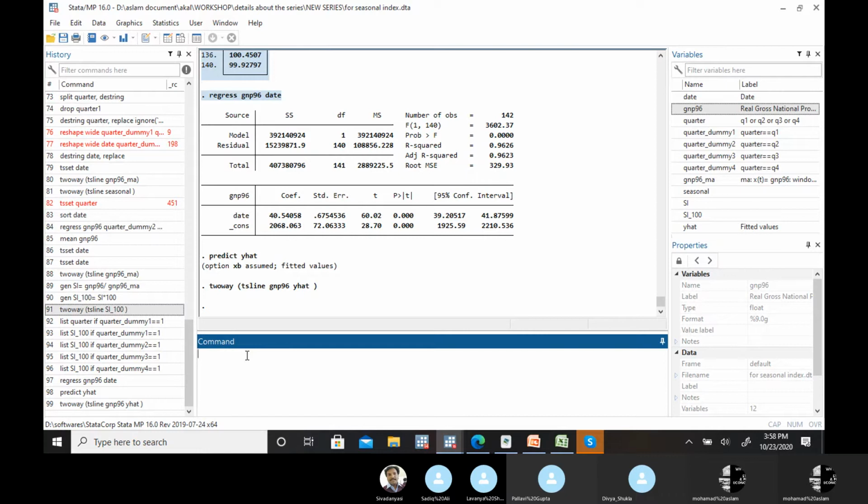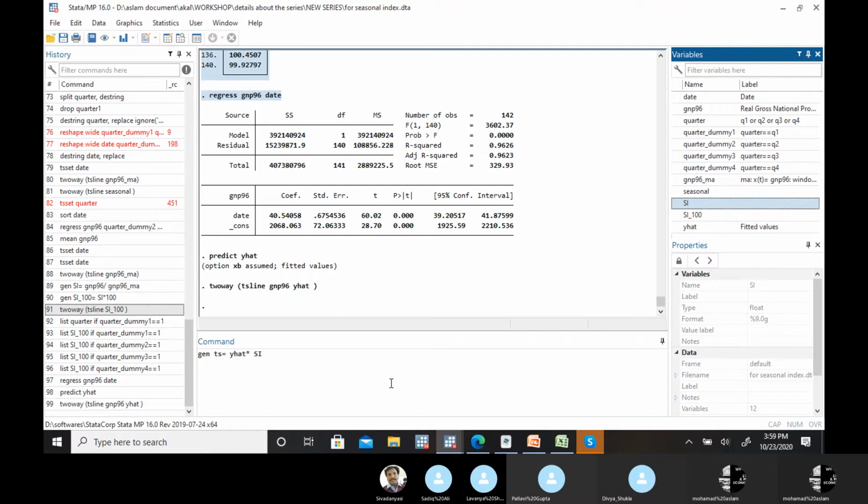The next we need is seasonal. So here you can calculate, we need these ratios, the left out part that we calculated. We already calculated this ratio variable SI. So let's multiply this ratio with the trend variable so that we have TS. So generate TS, trend and seasonal in combination, equal to multiplying the trend value, that's y hat, with the ratio value, that's the seasonal.